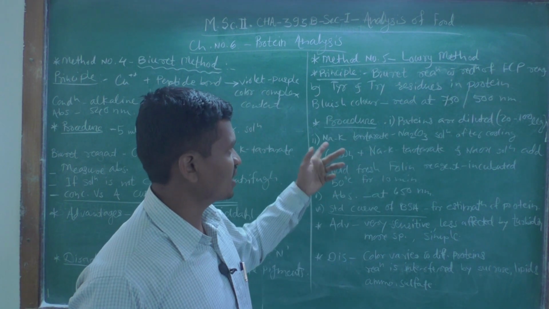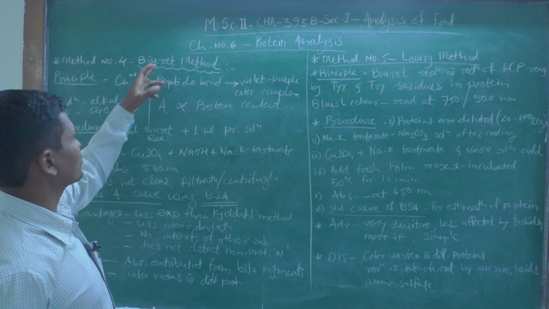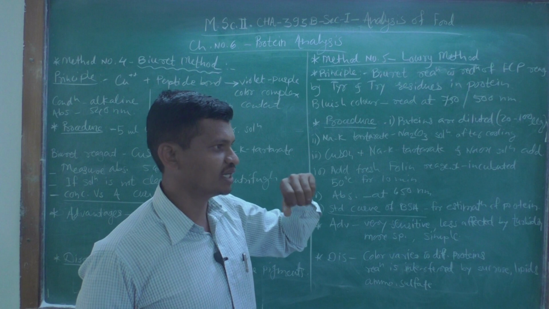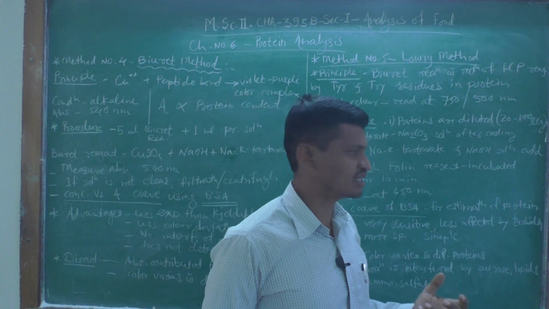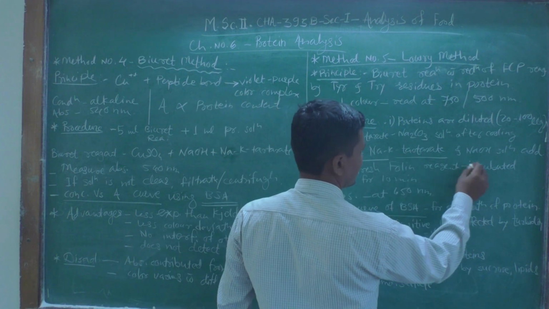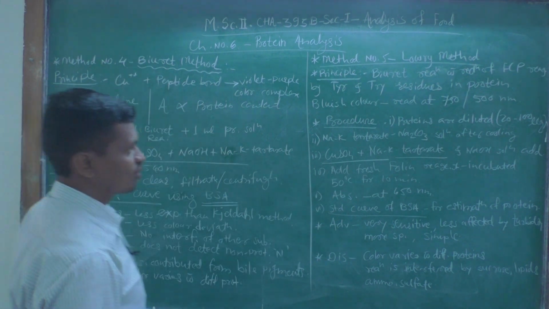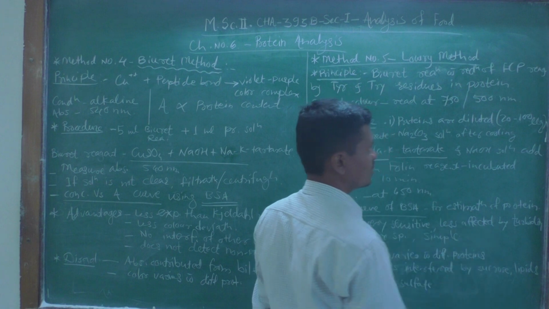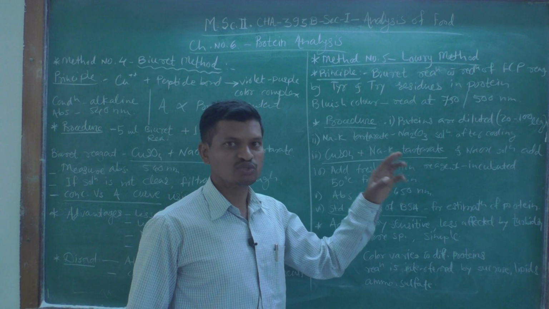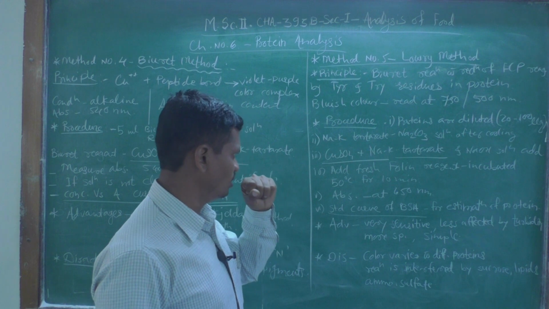Then after addition of this reagent, add copper sulfate, just like our biuret method, because this method is a combination of the biuret method and reduction of FCP reagent. So that's why we have to add again copper sulfate, sodium potassium tartarate and NaOH solution that we added in the biuret method. This sodium potassium tartarate is used to stabilize the cupric ions present in the reaction mixture.